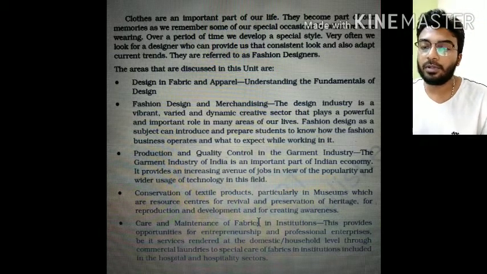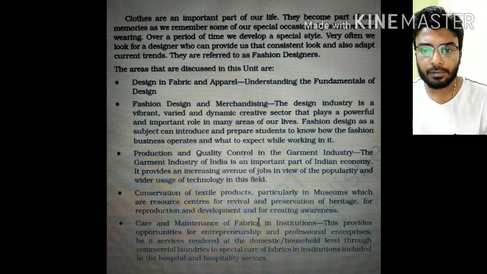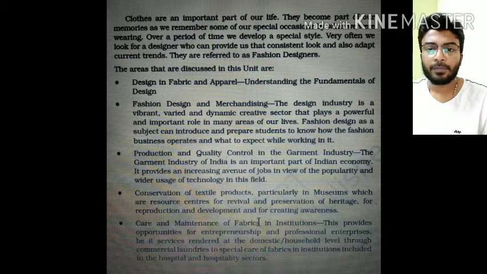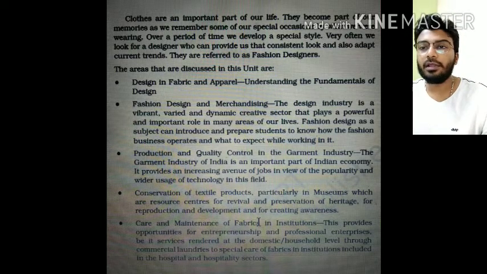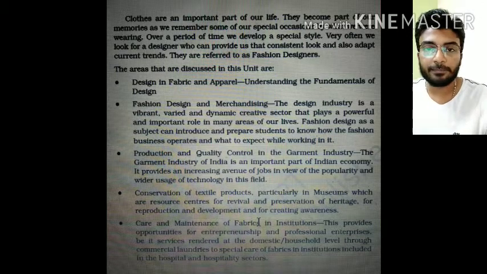Now we'll move to the basic things of fabric and apparel, that is design analysis, structural design, as well as the elements of design.